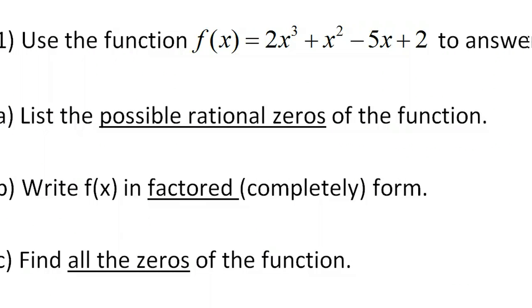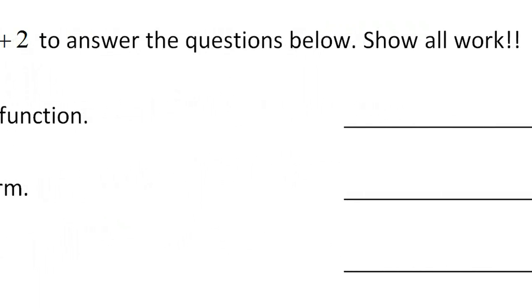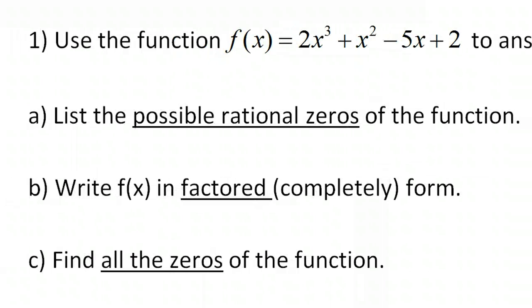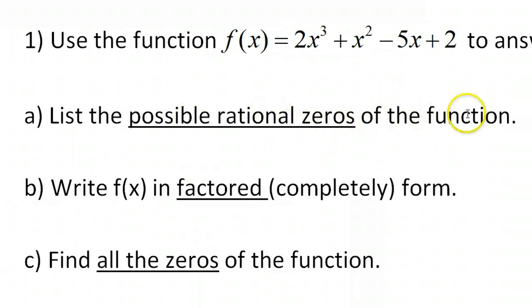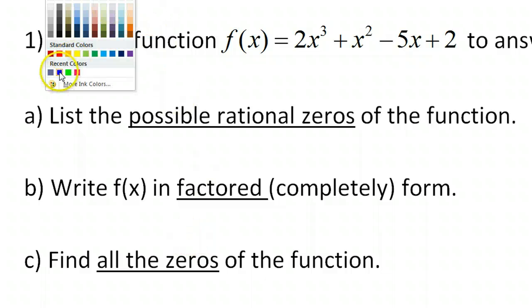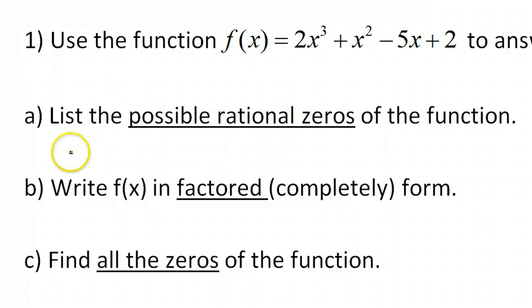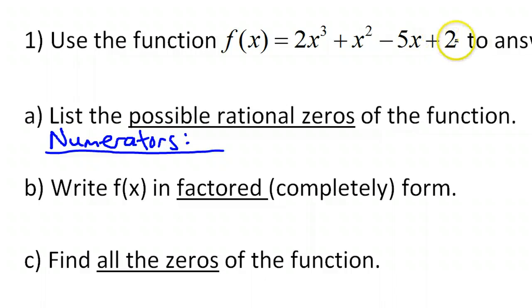Alright, for problem number 1, we're supposed to use this function to answer the questions below, showing all work. Part A, list the possible rational zeros of the function. So this is alluding to the rational zero theorem, which says that the possible rational zeros are going to have only certain numerators and certain denominators. The numerators are going to come from the constant, and I'll explain what I mean by that in a second. The denominators